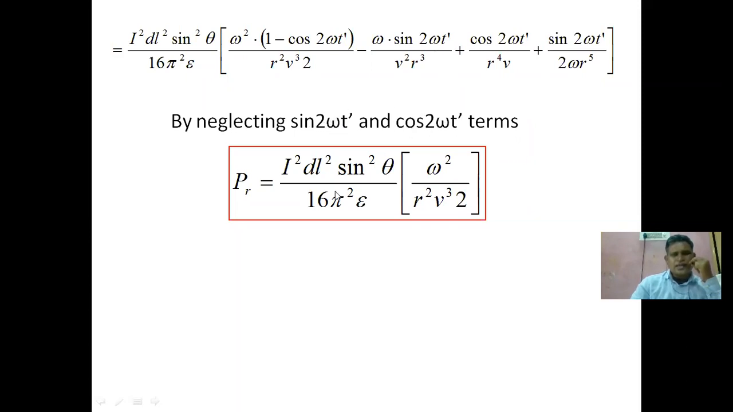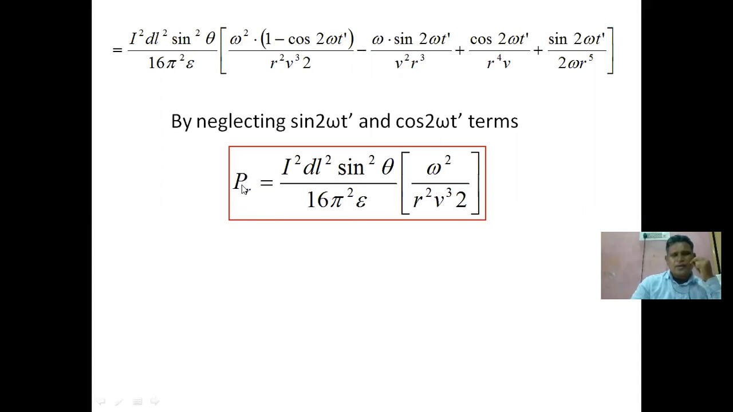These terms indicate that apart from the main lobe, there are some side lobes also, the side lobe power. These indicate those side lobes. We are interested in the main lobe. That's why we are neglecting these sin 2 omega t and cos 2 omega t terms. Therefore,